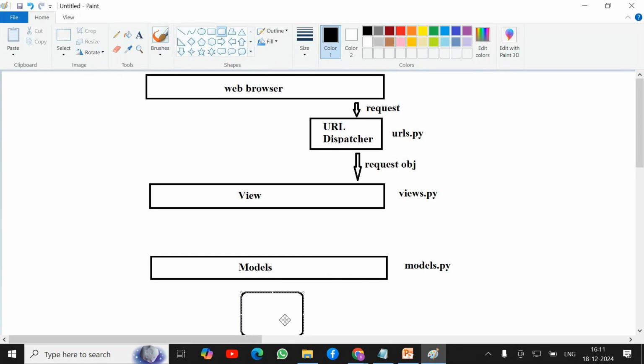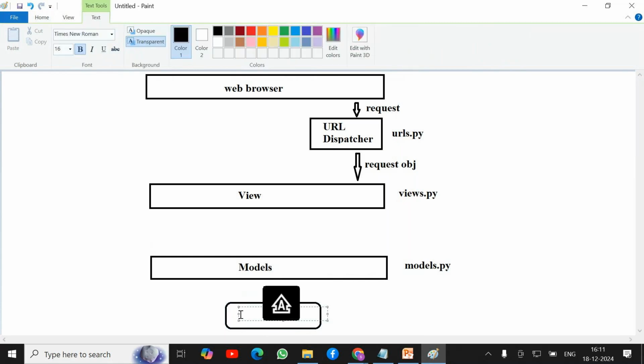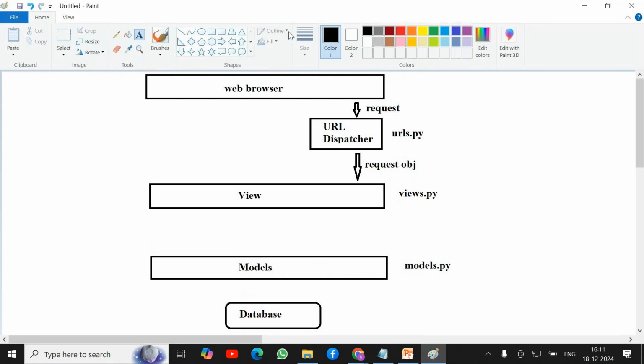How? With the help of models. Our view cannot directly communicate with the database. With the help of models, we communicate with the database and take the data from the database,